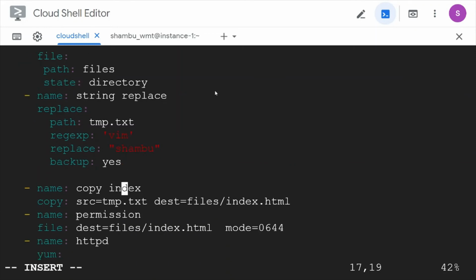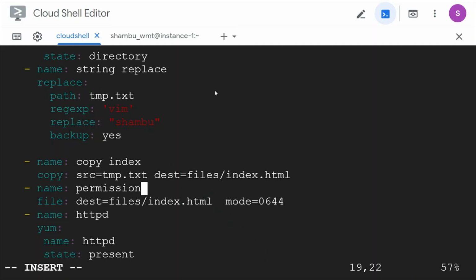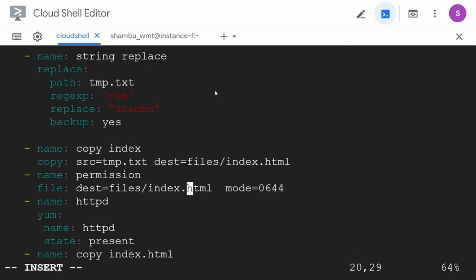And after that, I'm copying the index file. I'm just copying the temp.txt file to the files folder we created recently, as index.html. And also we are setting the permission for index.html.